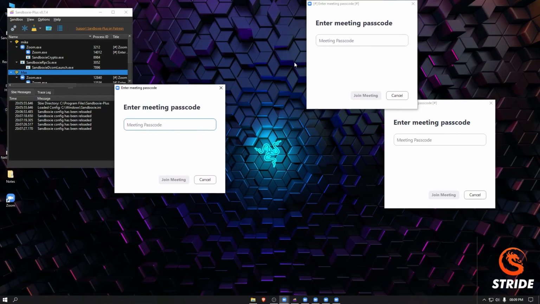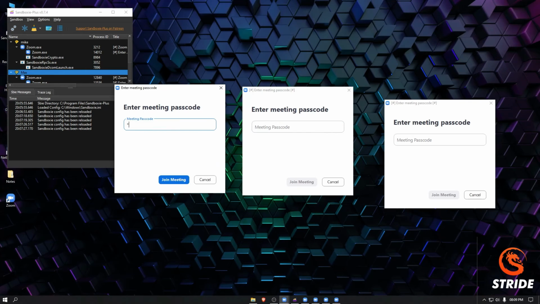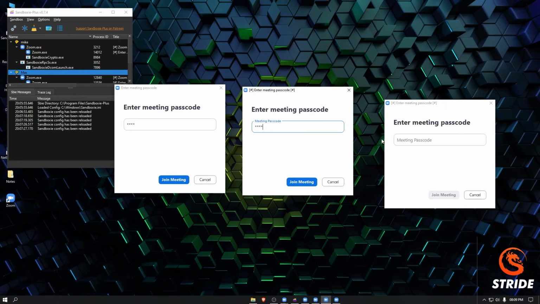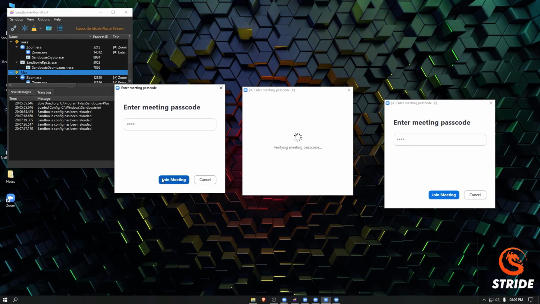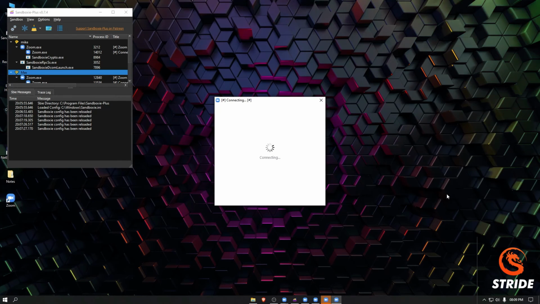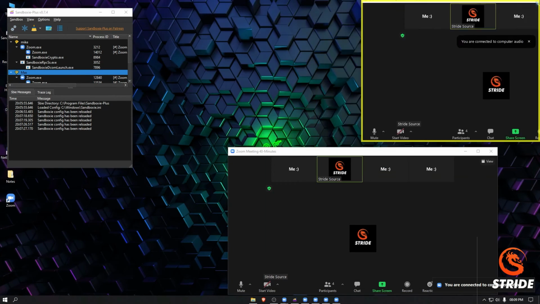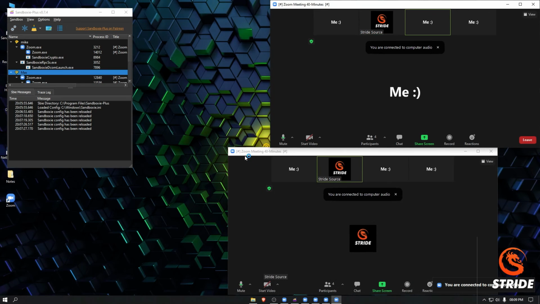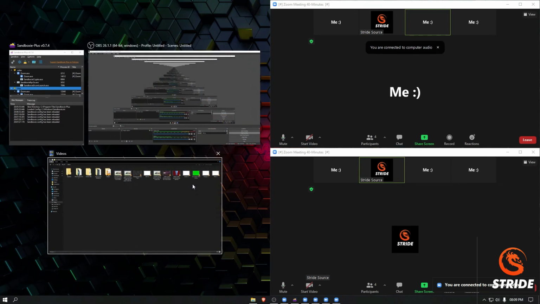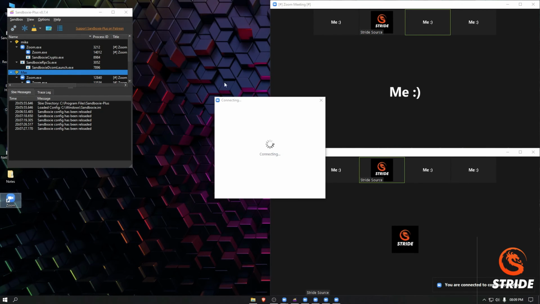As you can see, again the same three windows have popped up. There are three windows, and another one is still connecting.